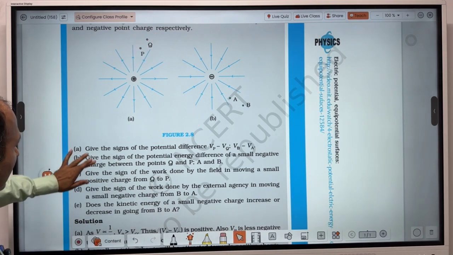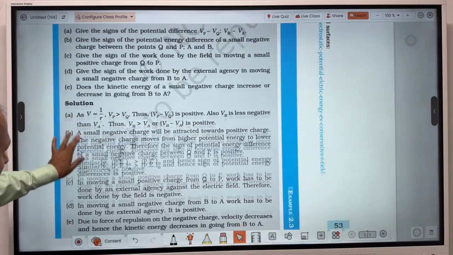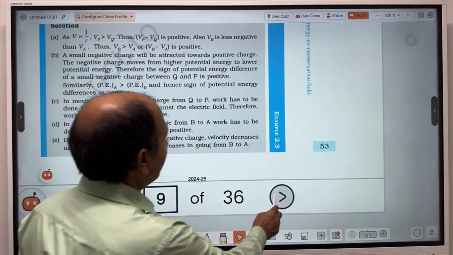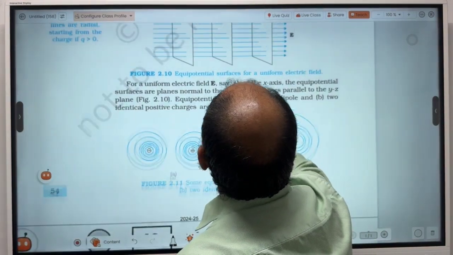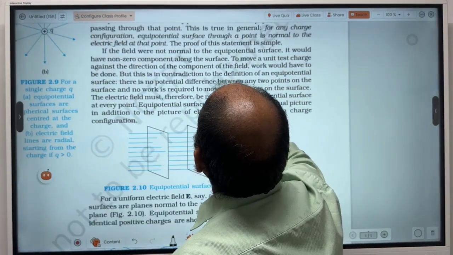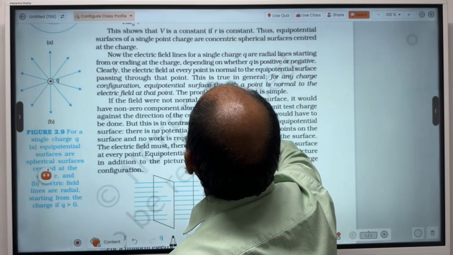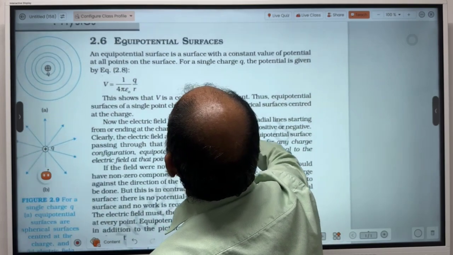And this is all for today. We will continue with the next concept of potential, and that will be equipotential